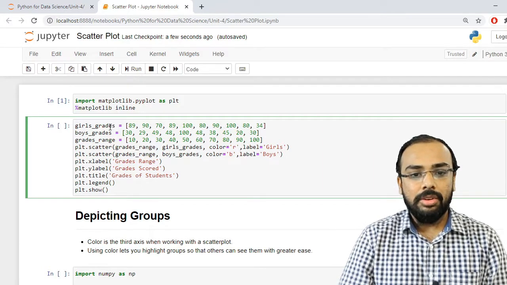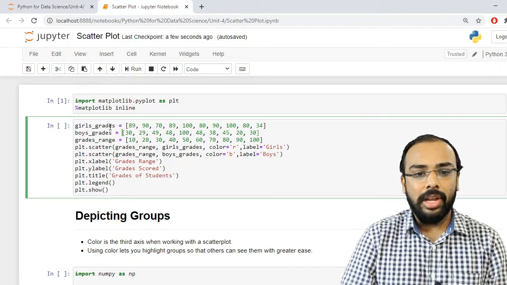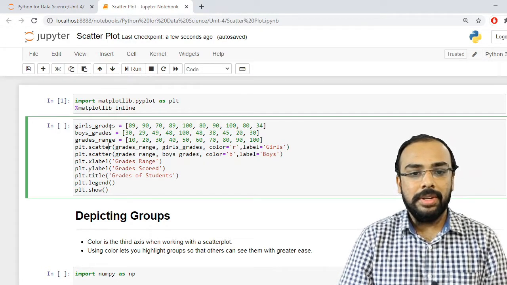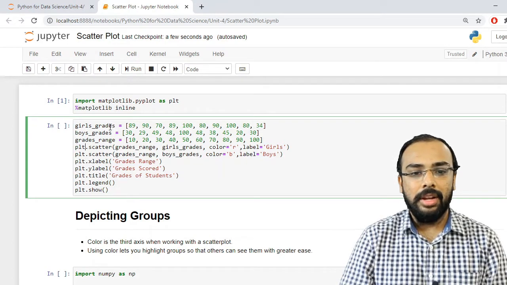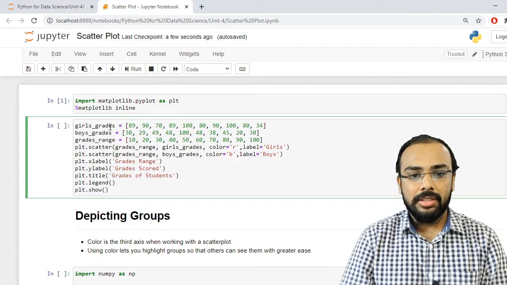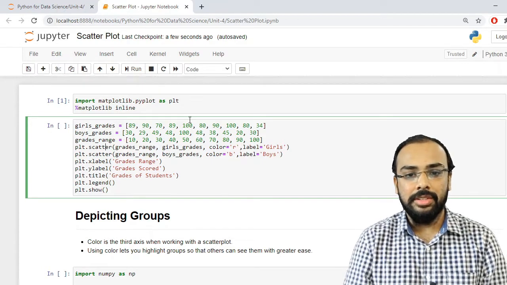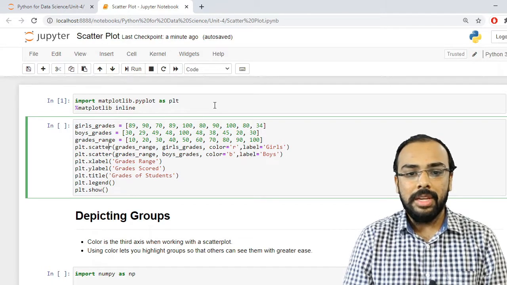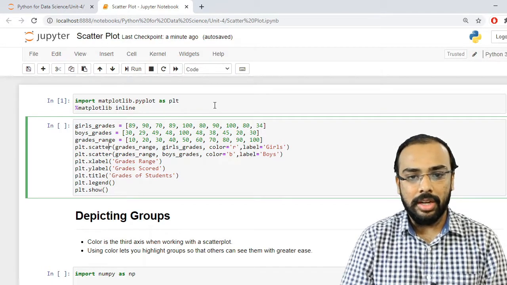Now whenever I want to plot a scatter plot, I need a method which is known as scatter. This is again present inside the matplotlib library. So plt.scatter. Inside this, first I have to specify the range, that means the range the grades will be in. The minimum is 10 and the maximum is 100.